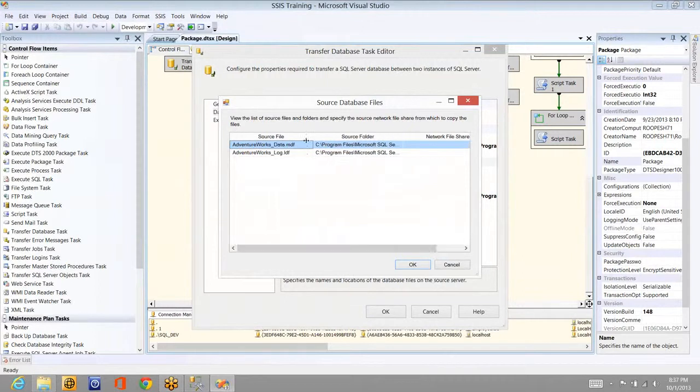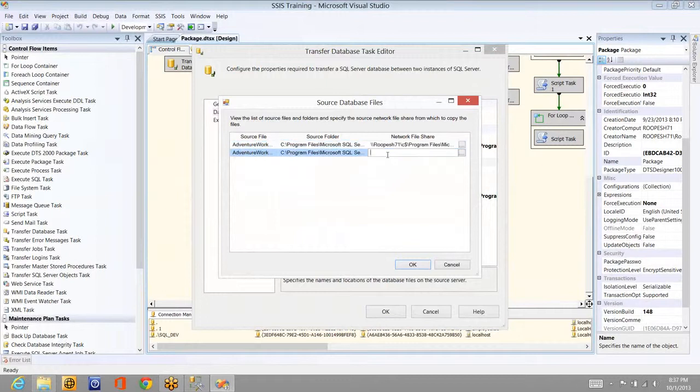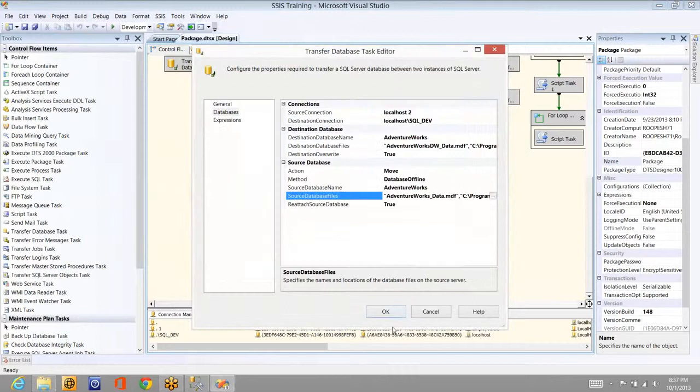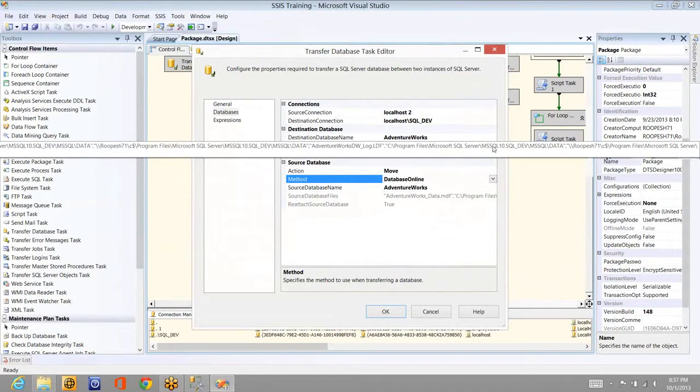The source is AdventureWorks. Okay, this is set. Let me copy it here and change the instance. MS SQL Server. So now I'm asking the server to move the database AdventureWorks, not DW. I'm repeating, just AdventureWorks, to, let me set it to online mode. That's easy, right? Instead of going for offline mode.